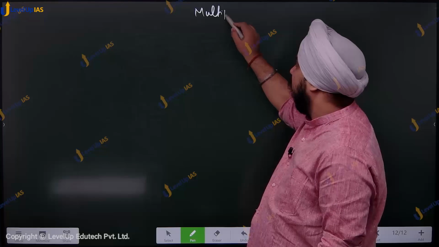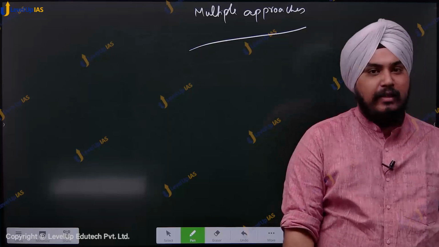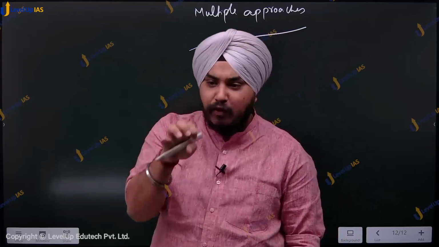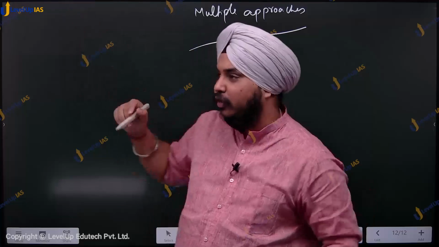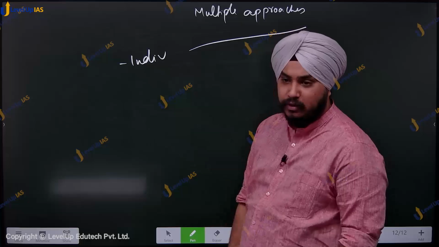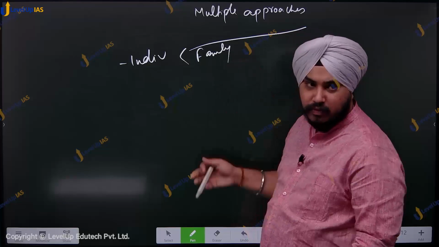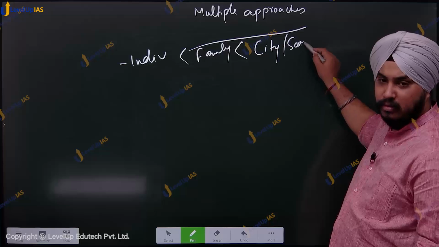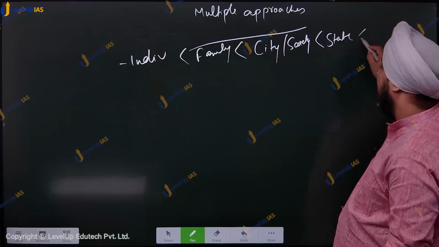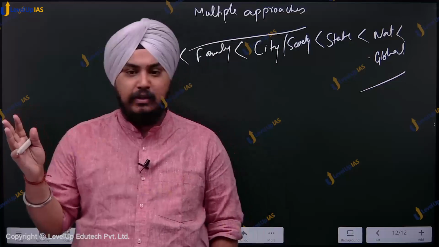Ok, next is, your body can have multiple approaches to be addressed to। अब कुछ बेसिक अप्रोचेस हैं, जैसे कि इन द बॉडी यू कैन स्टार्ट बिल्डिंग फ्रॉम द स्क्रैच, फ्रॉम द स्मॉलेस्ट यूनिट, एंड देन combining those units you can build up a larger structure। So for example, you can start exploring a particular topic at the level of an individual, then create a family level पे उस टॉपिक को एक्सप्लोर किया, then create a city or say society, then at a state level, national level, and then at a global or human level you can explore these topics on these dimensions,